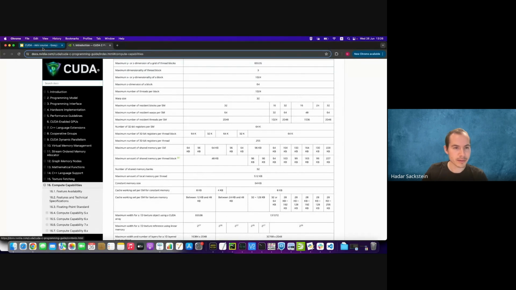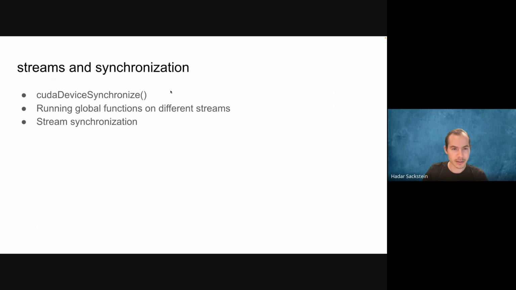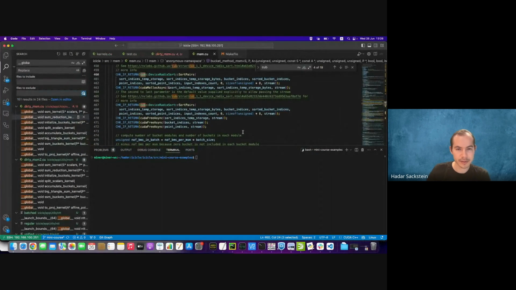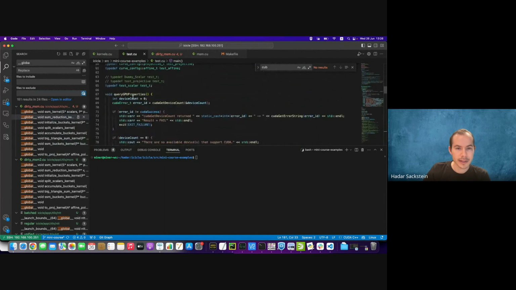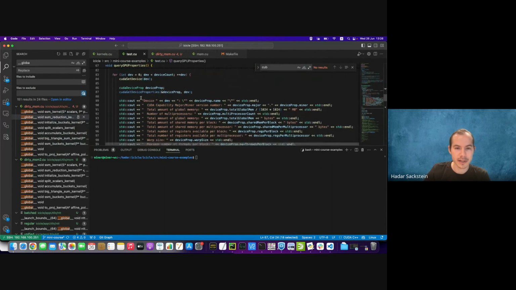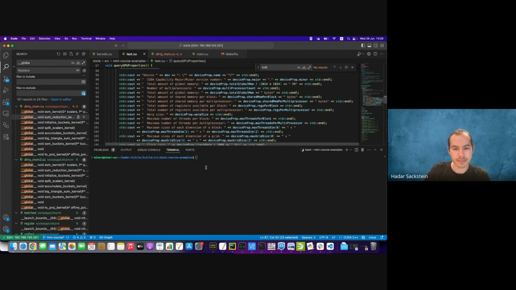But a different way you can discover your GPU parameters is by querying directly using the code. So I'll show you how you can do that. Here is a function for querying the GPU properties. We have a built-in CUDA function, which is called cudaGetDeviceProperties. And then we can just print all the device properties that we want. So for example,